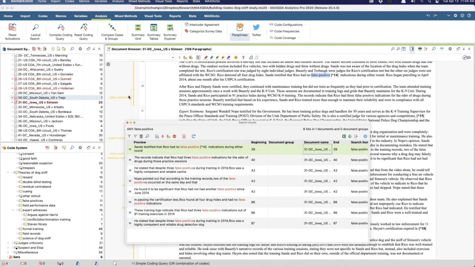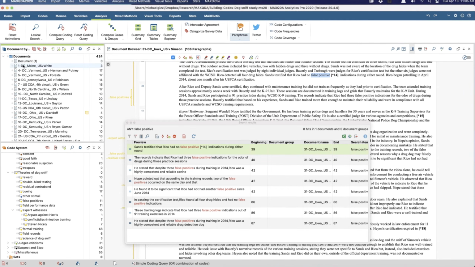So this oftentimes is useful, or say you've coded 20 documents when all of a sudden you add a new code to the system that you think is really important. And you're like, oh, dang it, now I got to go back and I got to recode all of these. You don't have to. You don't reread all of these. What you can do is look to do a word search to see if you can find other documents that you've already coded. So, for example, let's pretend with this system that we've coded